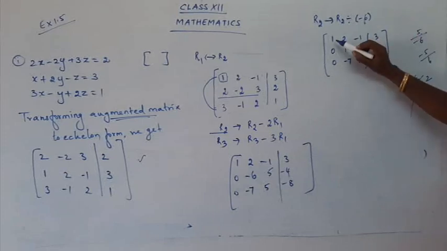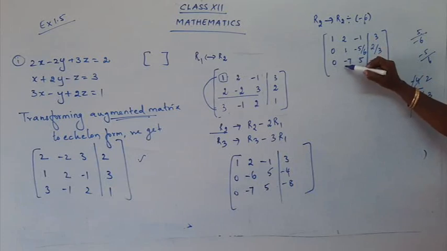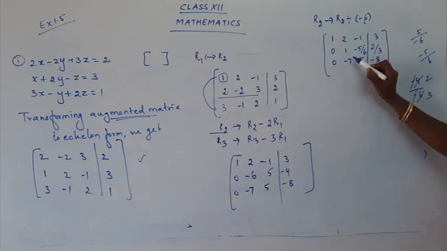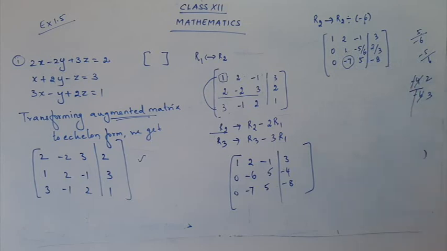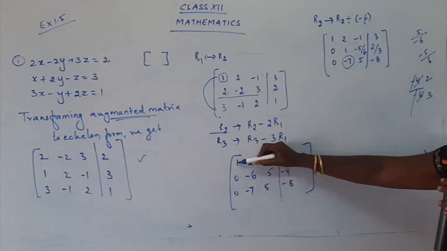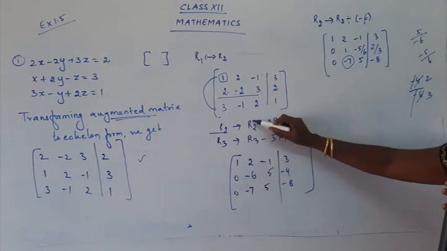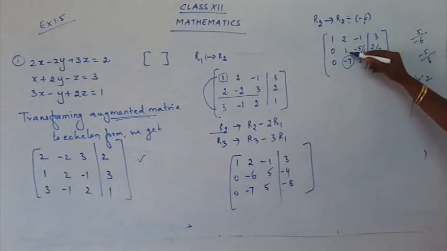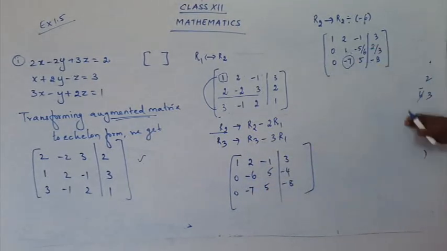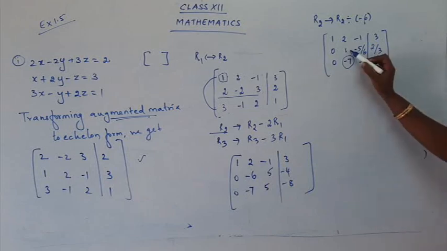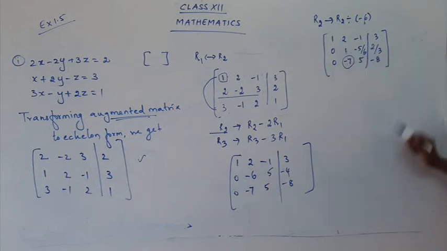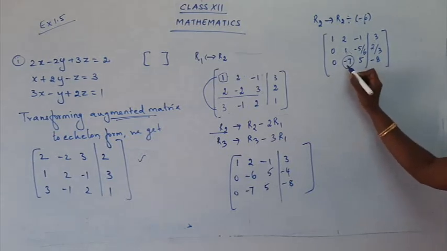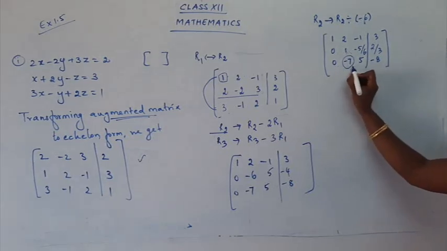So now what is the next step? Below 1, what are the numbers present? Minus 7. So what should be the number below 1 here? Yeah, it should be 0. So the next step is to make minus 7 as 0. Now this is easy, yes children. If we have 1, you know how to convert, yes. So we do the conversion, we get the 0 here. In the same manner we are going to follow the conversion, and we are going to make the number below this 1 as 0. So how will be the conversion? Now where are you going to make a change? Yeah, I want to change in the third row.